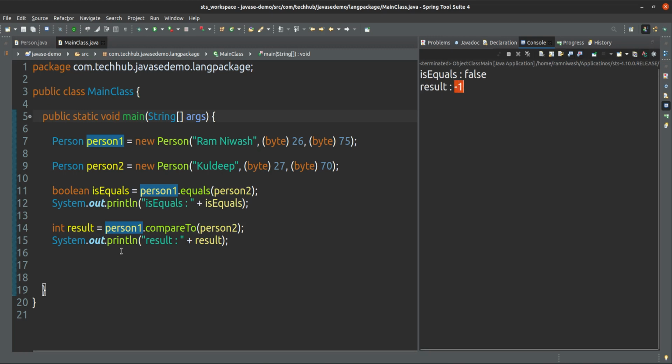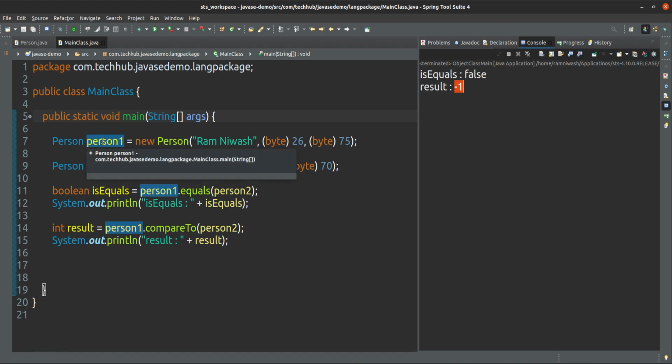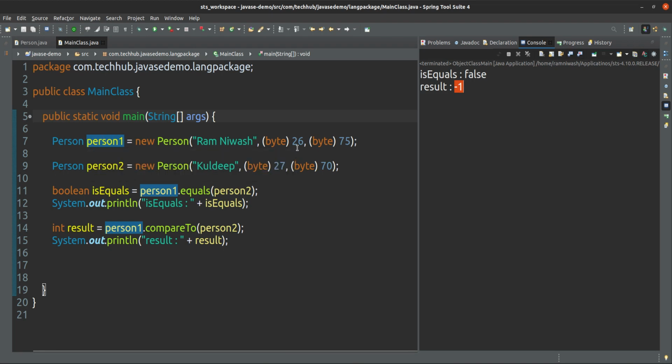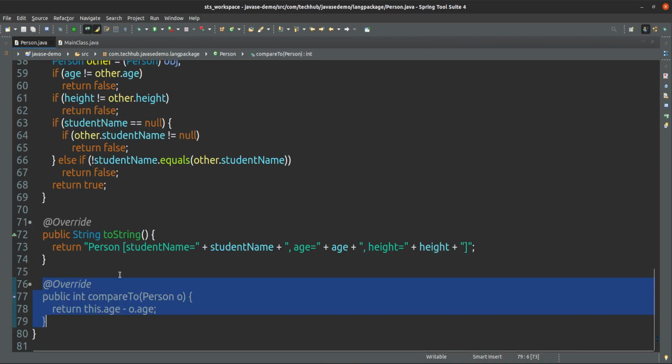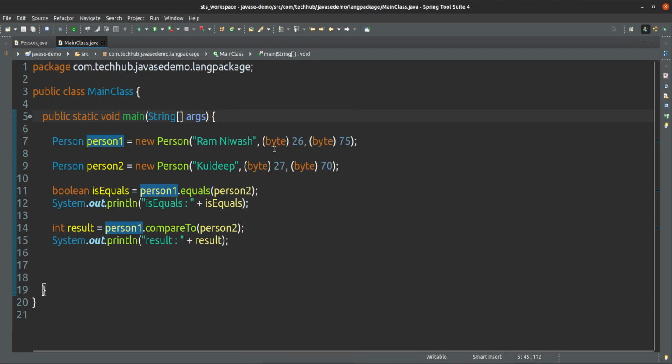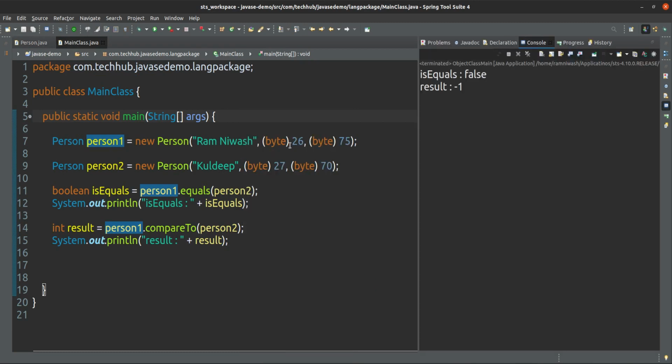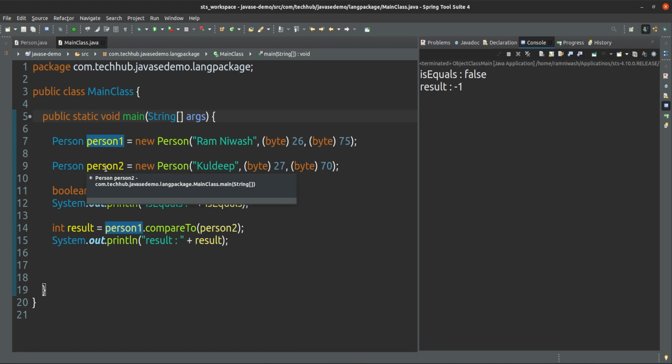If it is -1, that means person 1 is smaller than person 2, because the comparison we have given is on age, and from here we can see the age of person 1 is 26 and the age of person 2 is 27. It means person 2 is higher than person 1.